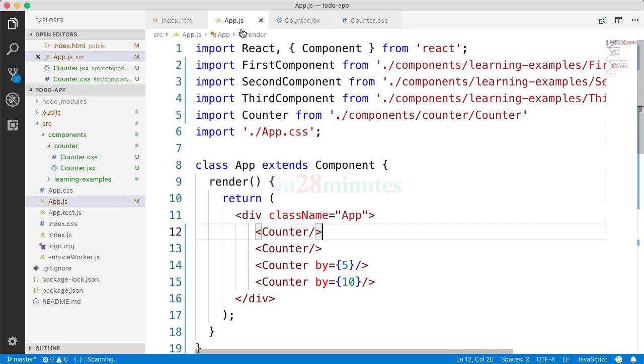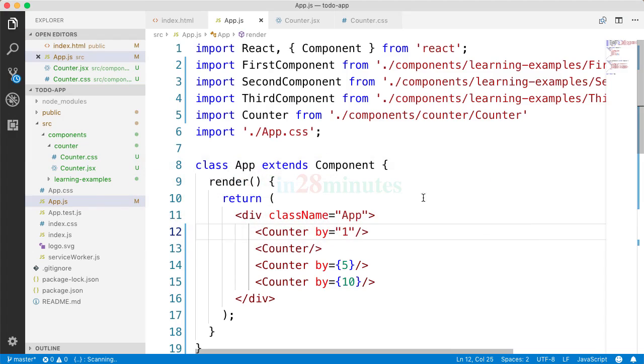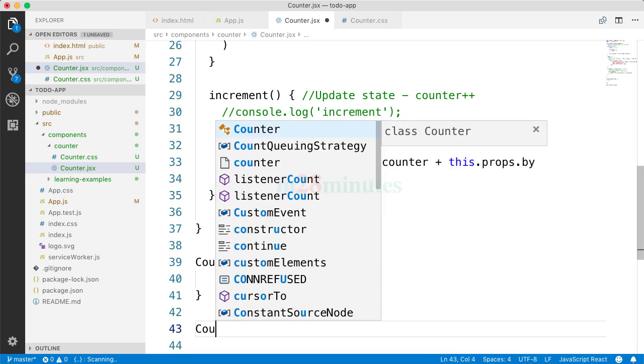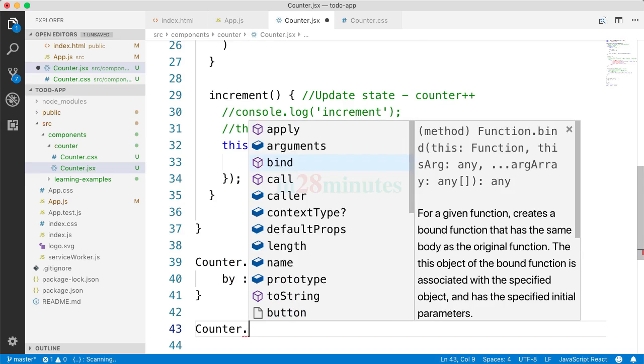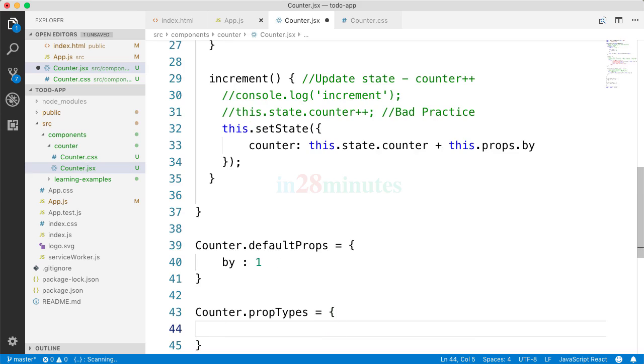Earlier we made the mistake of actually assigning by equal to a string "1", and we saw that the counter component continued to work without giving a warning. How can we avoid that? The way we can avoid that is by doing a type check on the prop value which is being passed. How can we do that? It's another property. So you can say Counter.propTypes is equal to, and define another JavaScript object